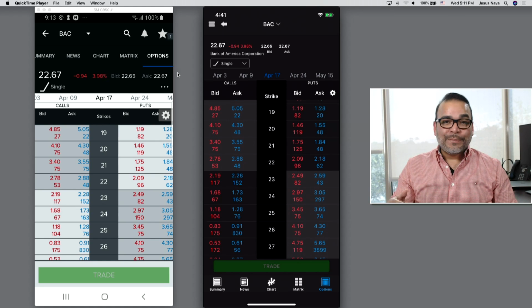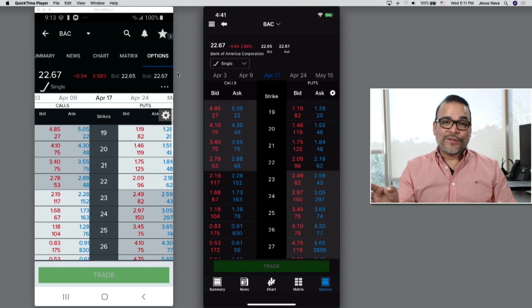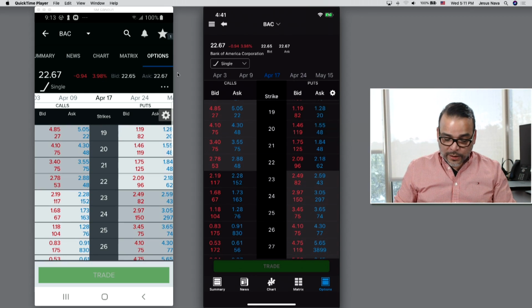And trading your options is going to be exactly the same as you would do it on OptionStation Pro on the desktop or the Matrix. If you want to buy something, here you have to tap on the asking price because that's the selling price. So let's suppose that we want to buy a call with a strike price of 22. We see the strike prices right there in the middle. On the left of that, we see the asking price, which is